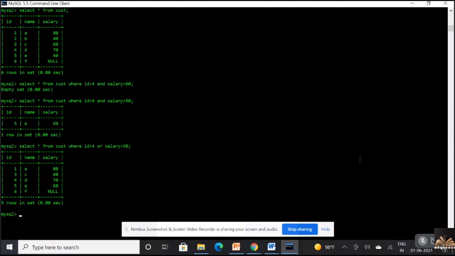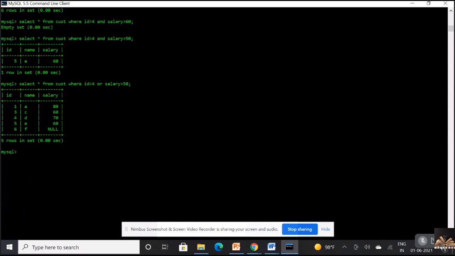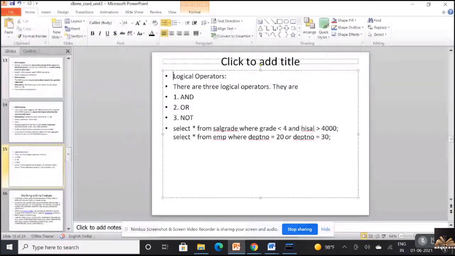So this is the working of your logical AND, logical OR. You can write not equal to, all that stuff with respect to the NOT operator.